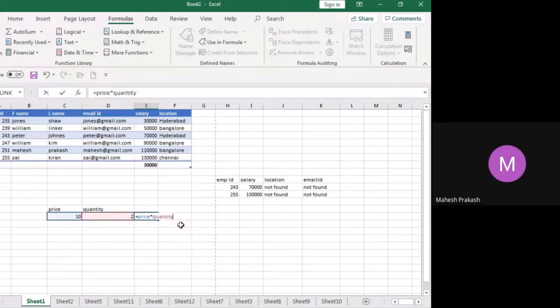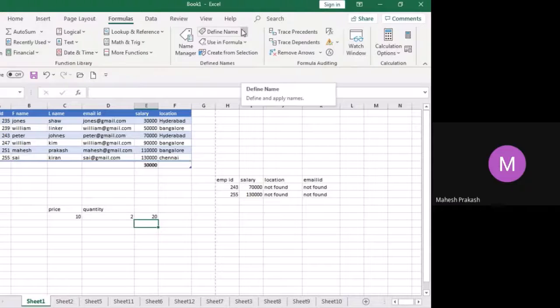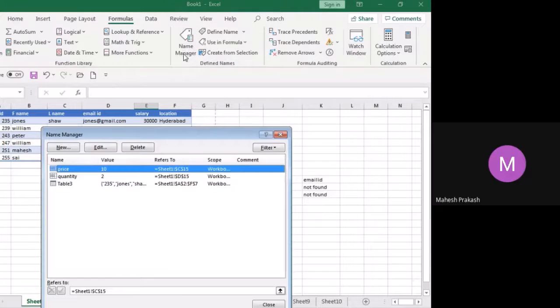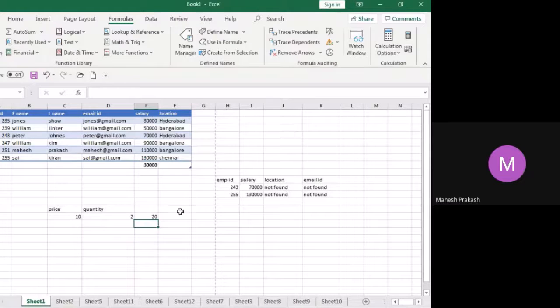See, this is the quantity. Done. Enter, 20. So define name means you can define a cell with your name. And if you want to see what all names are available which you have created, click on name manager. You can see quantity, price you have created. Got it?